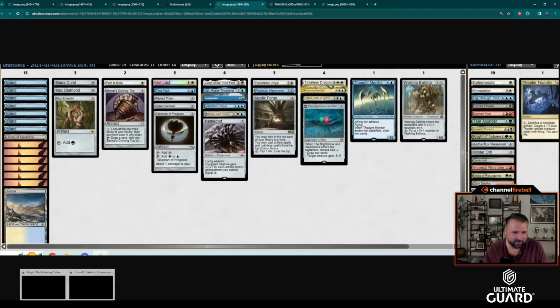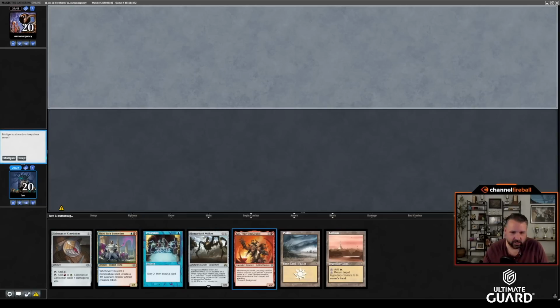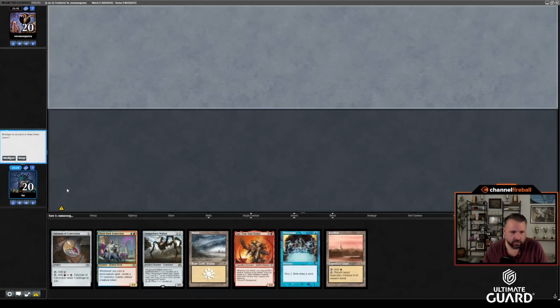All right, let's battle. We're battling against Osmanozguni here, and yeah, this is a keep. Yeah, Gut actually looks awesome in this deck. If I can go...